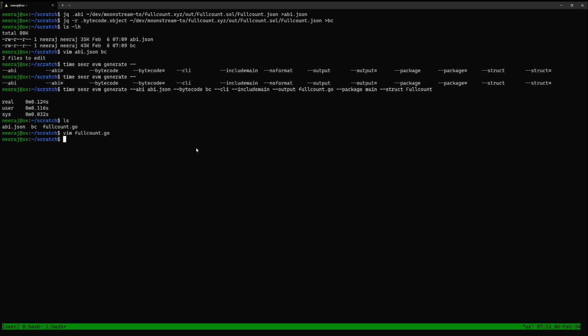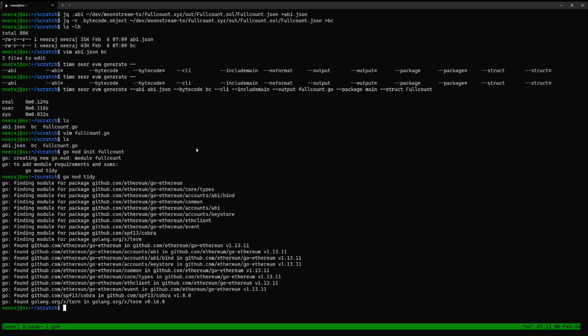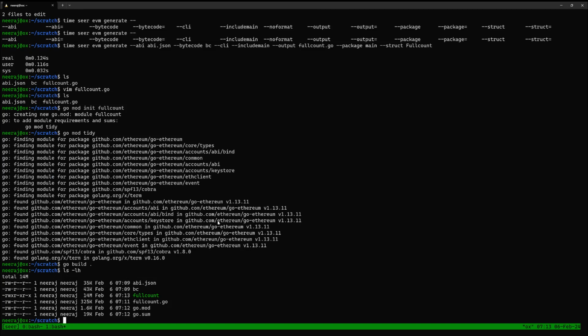Let's actually build this file and use the command line interface. So if we want to build this file, let's create a Go module, get our dependencies. So all standard Ethereum dependencies. And then build. Now, if we look in our directory, you'll see there's this executable file called full count,